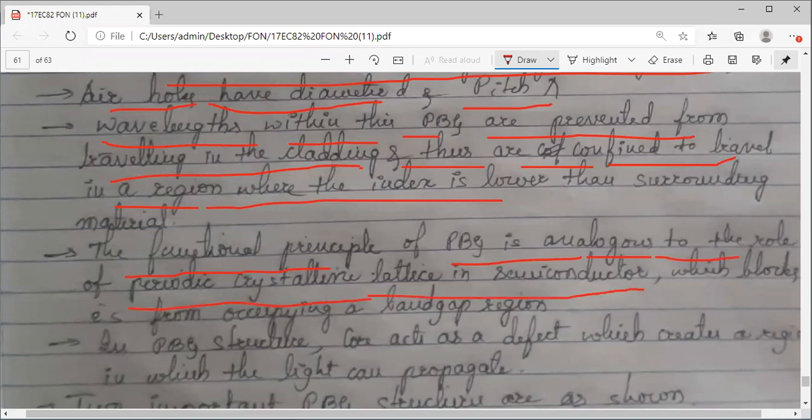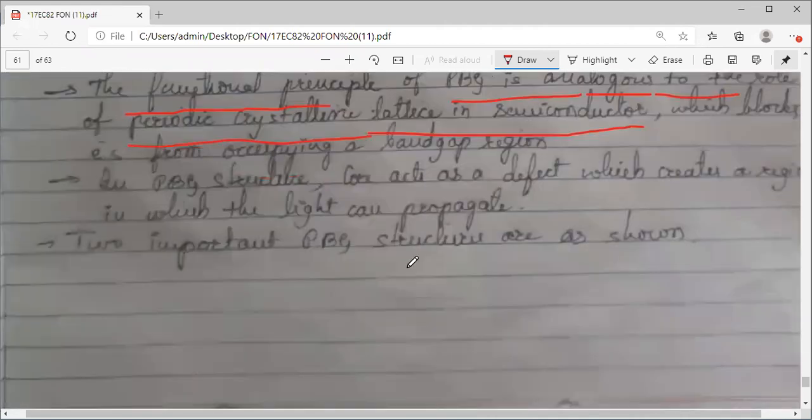You might have studied in chemistry the crystalline lattice structure of materials, and I have used the word periodic. So what is this periodic? I hope I have shared one slide, the image, with you. If I have not shared, I will share it with you. It will differentiate one-dimensional, two-dimensional, and three-dimensional periodic lattice structures. I think I have not shared it, I will share it with you. You will understand what is the difference and what is meant by periodic.